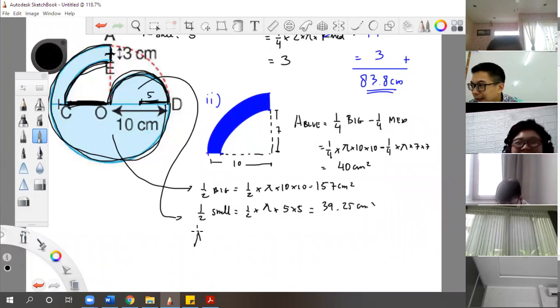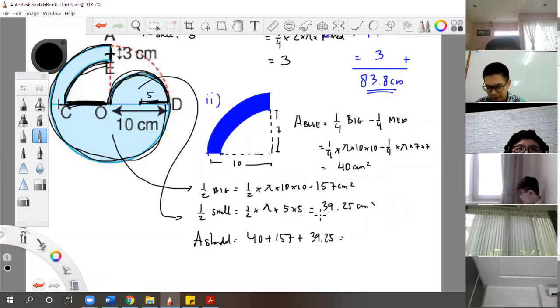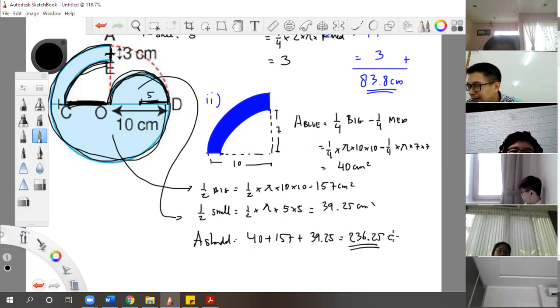So the total area of the shaded part is this area, right? Add everything: 40 plus 157 plus 39.25. Okay. 39.25, I use my calculator here. 236.25. So the calculator is a must